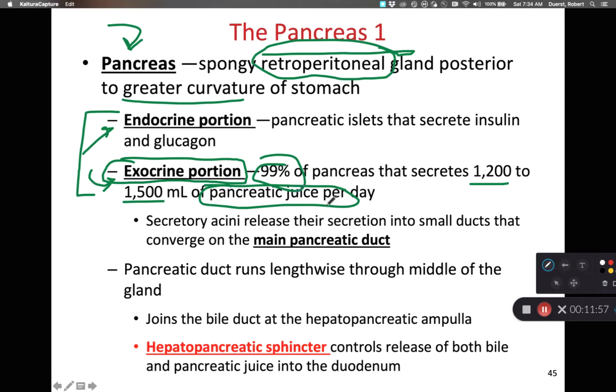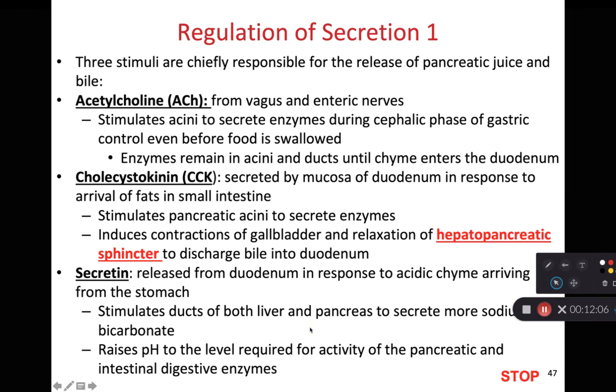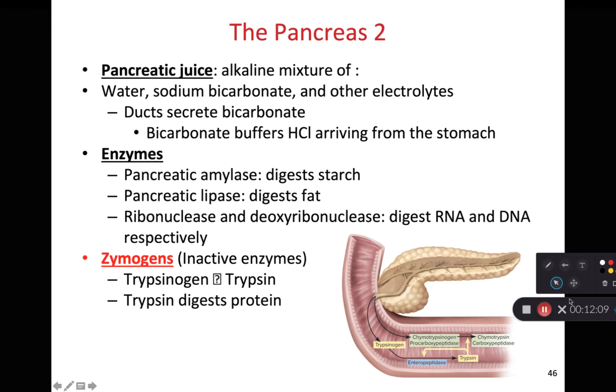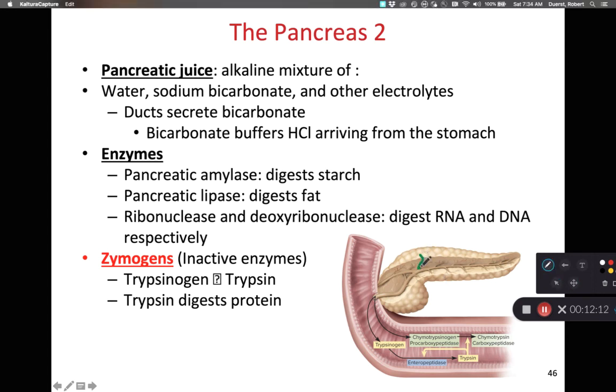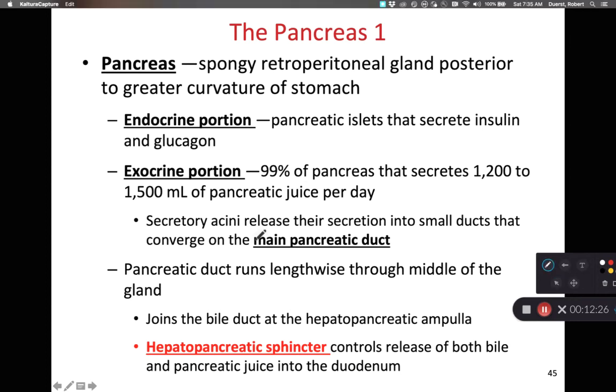The cells within the pancreas are the acini cells, and these acini cells are going to release their secretions into small tubes, and those small tubes all converge to a larger tube, and that larger tube will then be able to drain the pancreatic juice directly into the duodenum. So as we look at that larger tube that drains directly into the duodenum, that's referred to as the main pancreatic duct. And the pancreatic duct is going to run lengthwise, or longitudinally, right through the middle of the pancreas